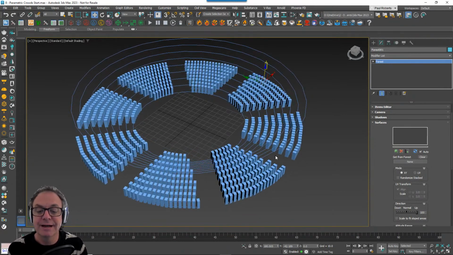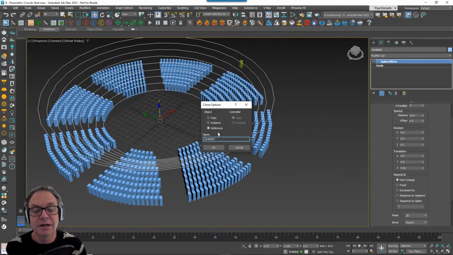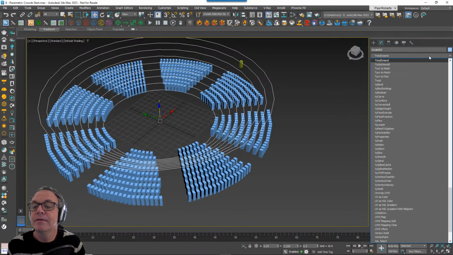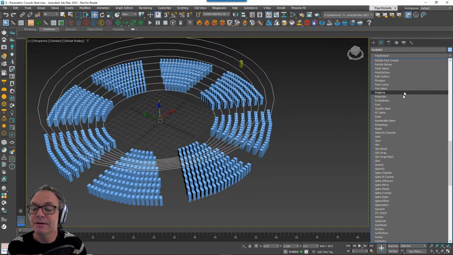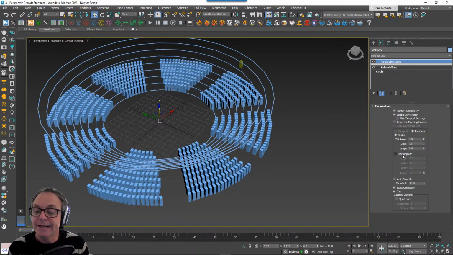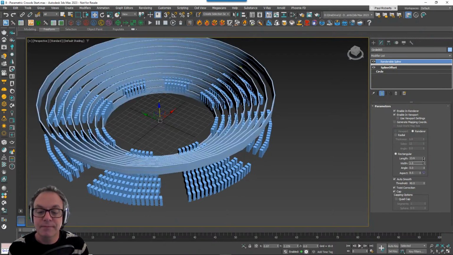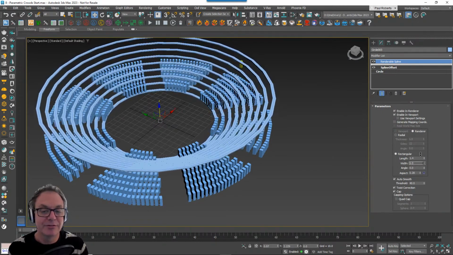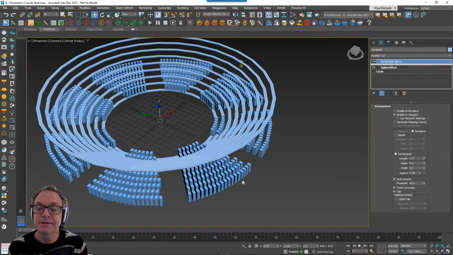In the event that you haven't got that, you could still do this completely procedurally by taking the original spline again, cloning it once more as a reference, and adding a renderable spline modifier. Renderable, I know the alphabet. There it is. Making it rectangular, obviously. We don't really want any height. A bit of width, maybe. Other way around. Something like that. It doesn't have to be big, actually. Just something for them to sit on. Turn it off at render time. Change to an editable mesh, editable poly, it doesn't really matter.